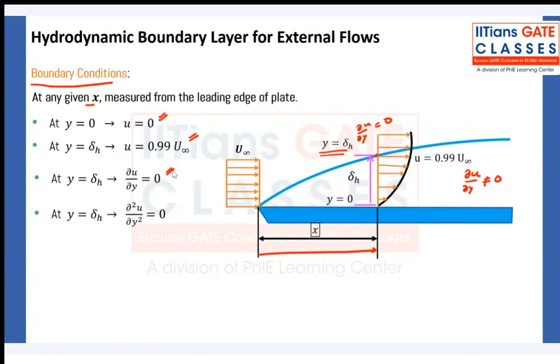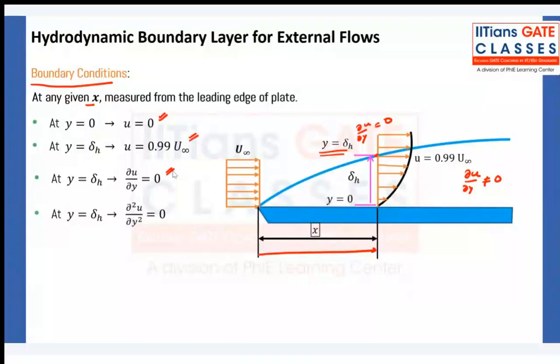Pressure gradient, we are not going to assume. We are going to assume the pressure gradient is the same inside the boundary layer and outside the boundary layer. We are going to cancel that. We are going to simplify our equation and we will remove that term. In fluid mechanics, you take that, I think. But here we are not going to take that. We will assume the pressure gradient is the same inside and outside the boundary layer. Okay? So,